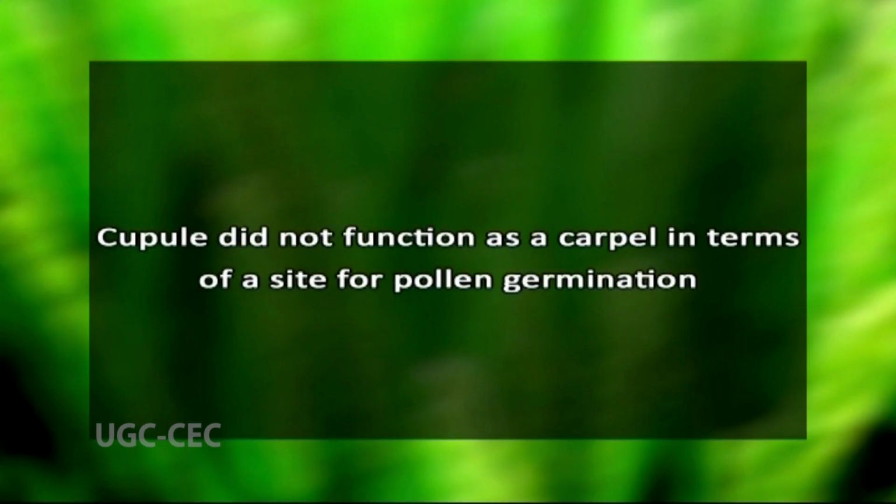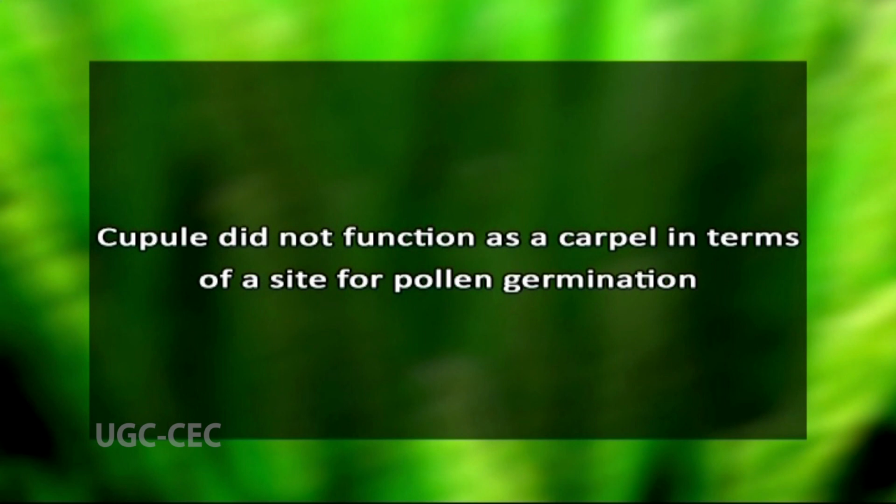The latter is strong evidence that the pollen grains were transported directly to the ovules, perhaps by means of a pollination droplet, as we commonly see in present-day Gymnosperms, rather than what we see in Angiosperms as a stigmatic region, where pollen tubes are formed. Therefore, the cupule did not function as a carpel in terms of a site for pollen germination, what we see